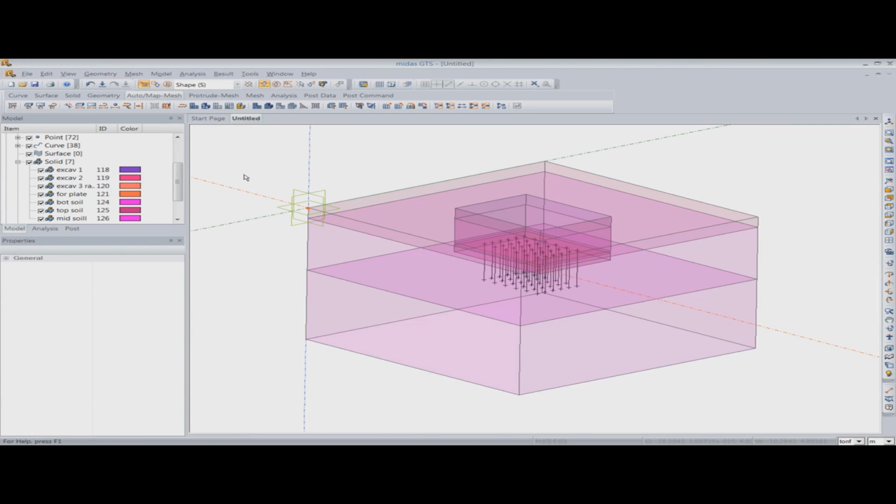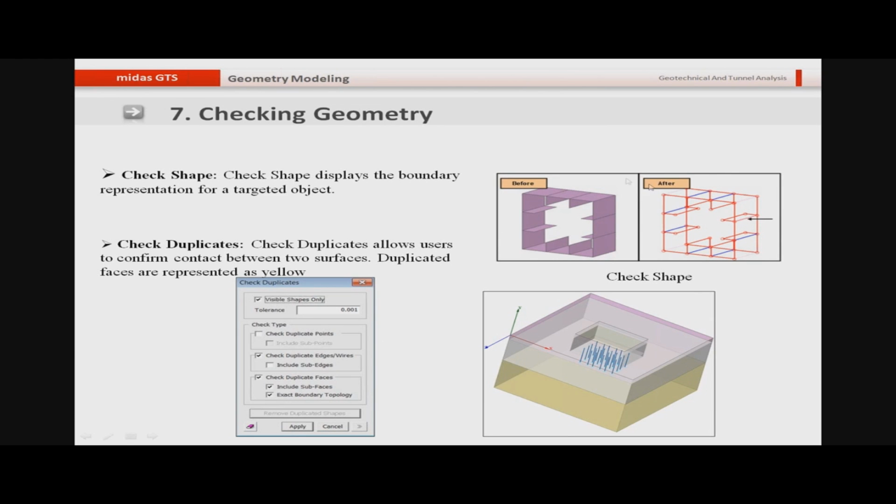And now we are ready to do the meshing. Before we do the meshing, let me go back to the presentation and I'll tell you about the different meshing tools that are available in Midas GTS for performing the meshing. So here you can see